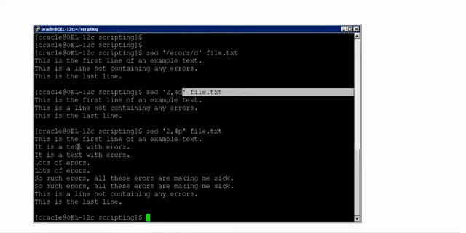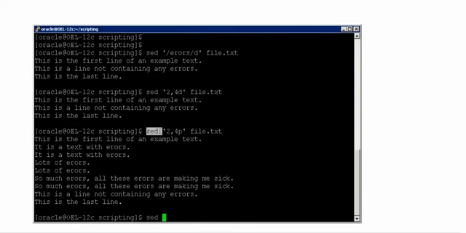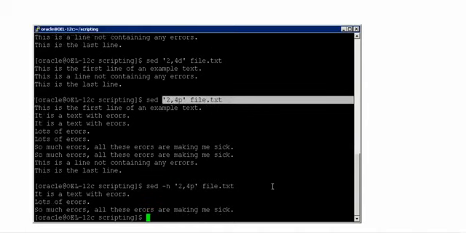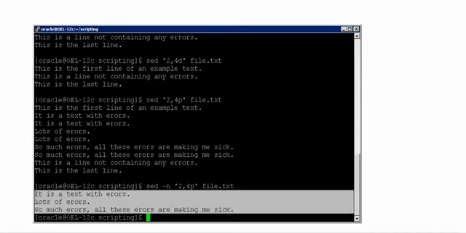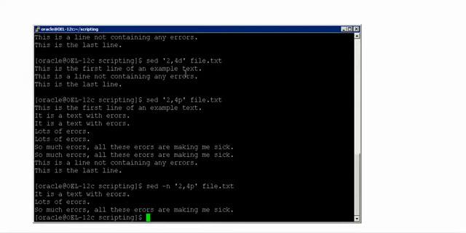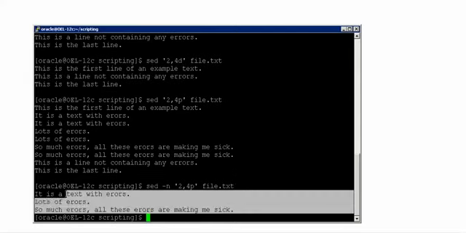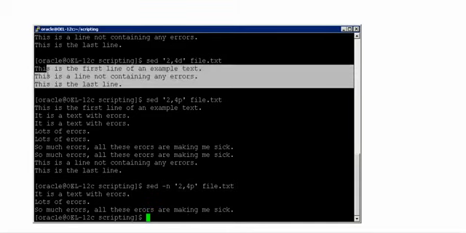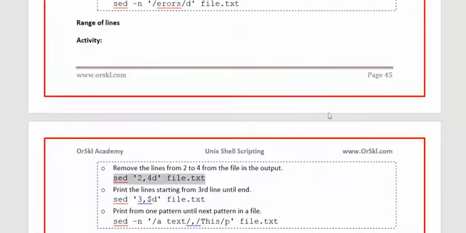You will see again second line to fourth line, but it is accessing each and every line. So whenever you are trying to print something, give -n, and you will get the appropriate output. Because while reading, it will also print each and every line that it reads. Now you see, this output is to print the first 4 lines, and this one is to delete second, third, fourth. This is to include second, third, fourth. This is to delete second, third, fourth. That's the reason these two outputs are mutually exclusive.